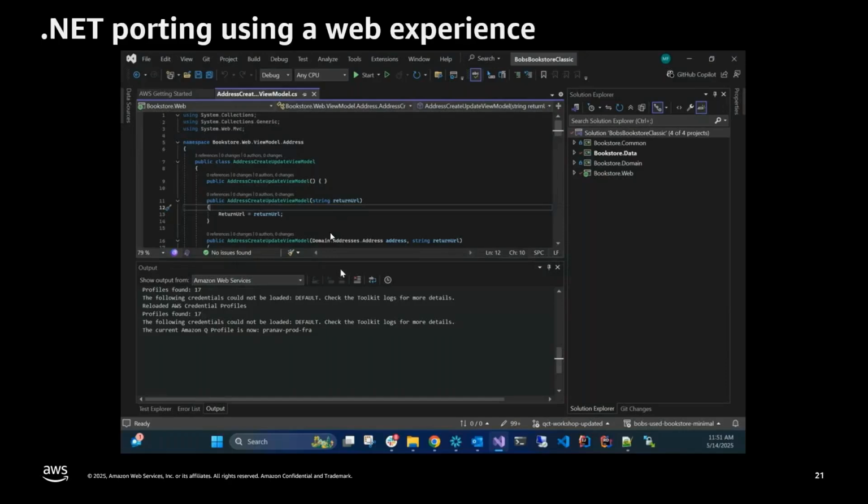For that transformation job to reach out to your source code, you will use code connections. You will create a connector which will have permissions to go out to your source code repository. Then the transformation job will start discovering all the code in your source control system. It will try to come up with a transformation plan based on what it sees. You can override that transformation plan by selecting your own custom plan, selecting your own repositories and also potentially branches.